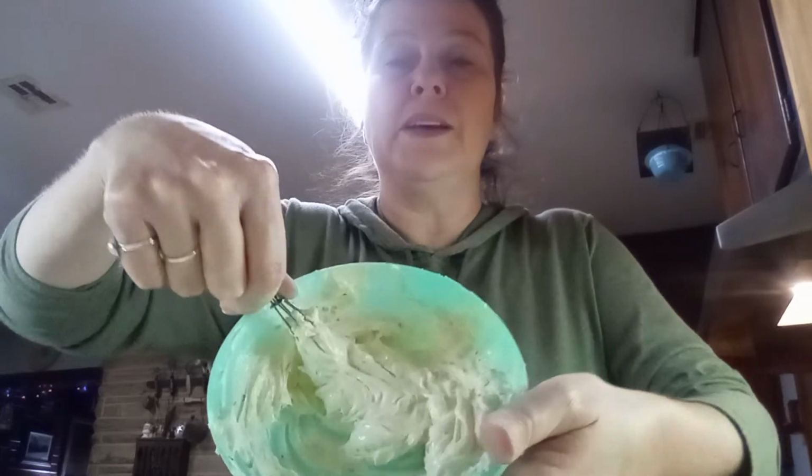So I'm mixing it up with my handy dandy tiny whisk. So I'm going to keep getting this combined. I don't want any chunks. Get it good and combined, and then we're going to put it on the